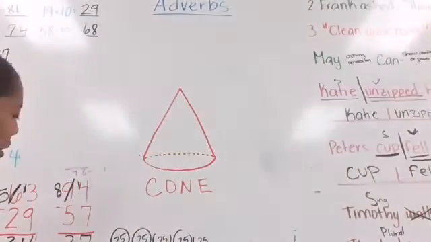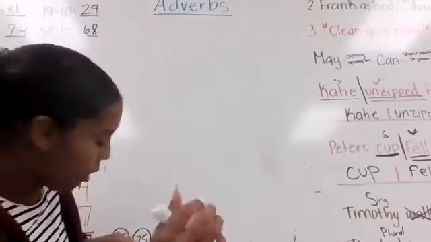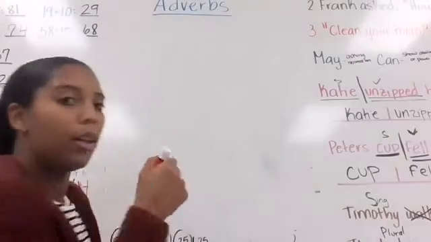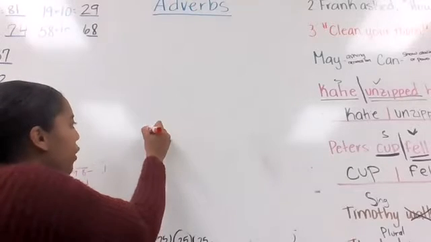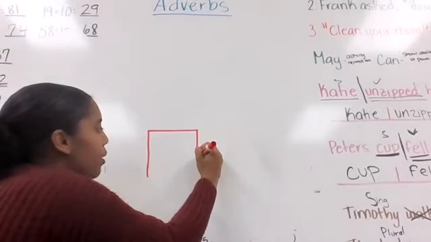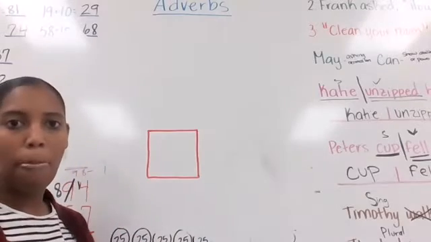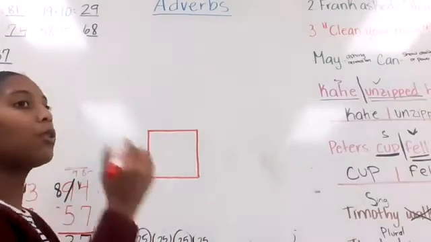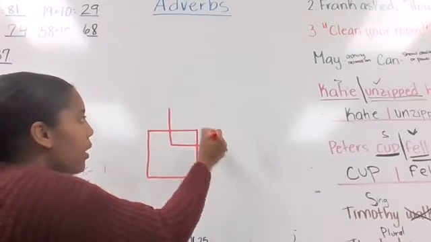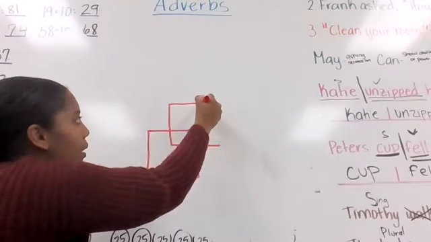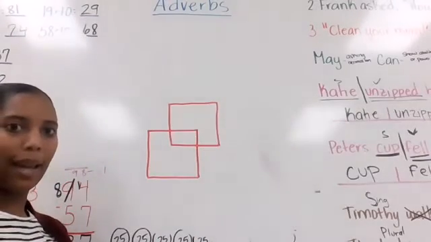Okay, so cone. Next, let's do a cube. Now, I draw the cube a little different from how it is in the book, but I'll show you how I learned how to draw a cube. So I'll start with a square because cubes are drawn from squares. I'll start with a basic square, like that. After I do my square, I do a second square, but I do it inside of this one. See how I'm doing it inside? So I draw two squares like that.